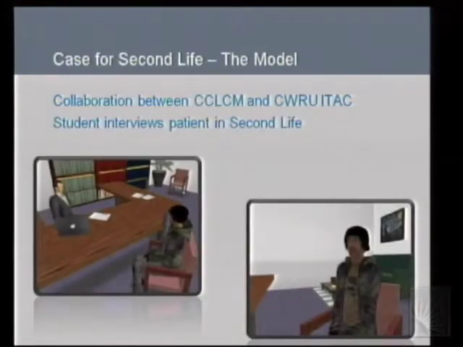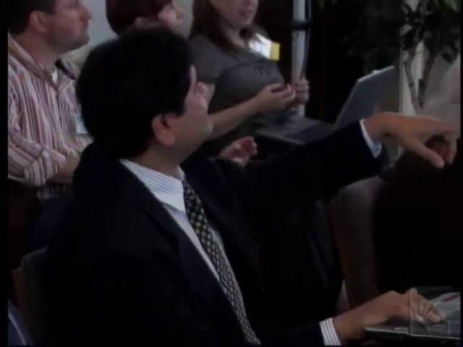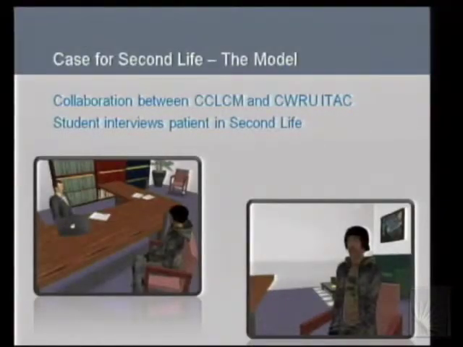What we did was we set up an office where a student will control the avatar of a physician. And a patient walks into the room, and the patient's avatar is actually right now controlled by one of our clerkship directors, a preceptor, a faculty member. But the student may or may not know this. If they recognize the voice, they'll get it, but sometimes they don't. And so the person on the right obviously is the patient, and the person on the left is the student who is a physician.